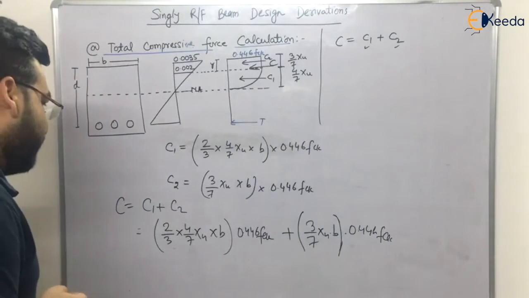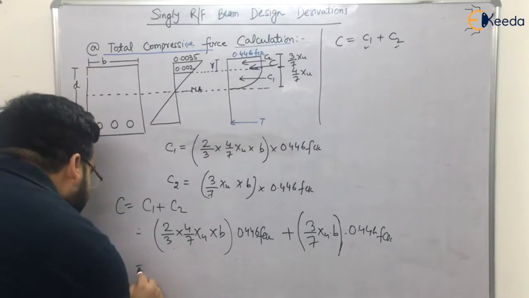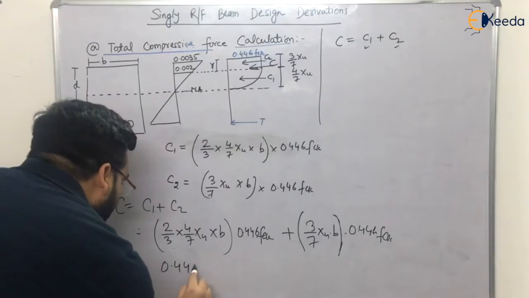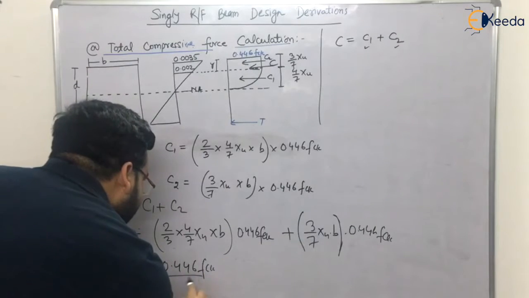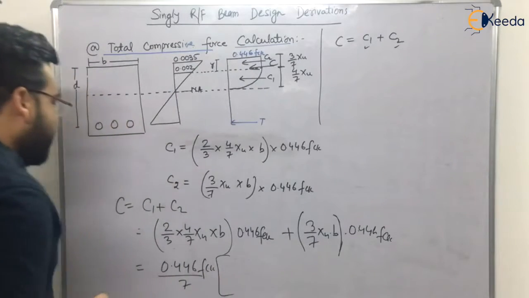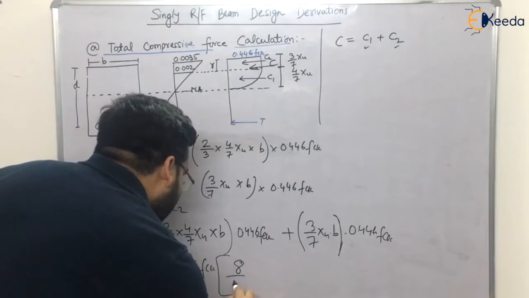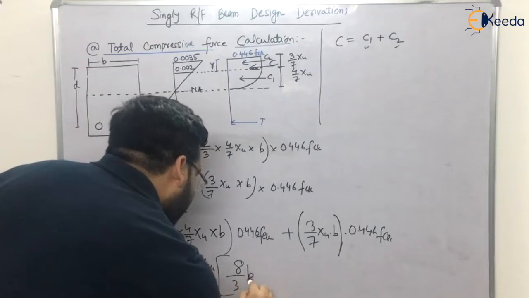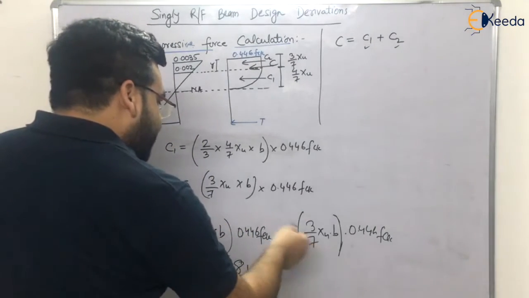Let me take 0.446 FCK and 1 upon 7 common. So I will get 0.446 FCK divided by 7 if I take it common. So I will get 4 into 2, 8, so 8 upon 3 B plus, if I take 7 common, it will be equal to